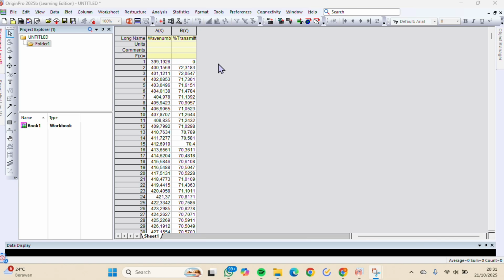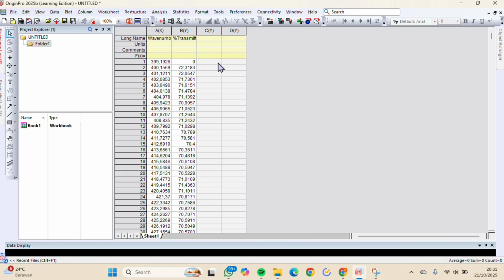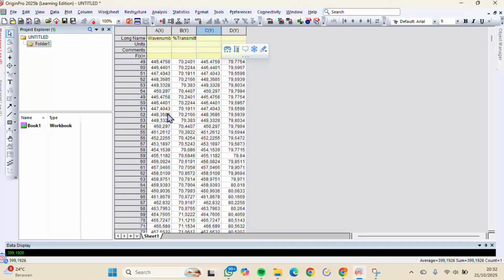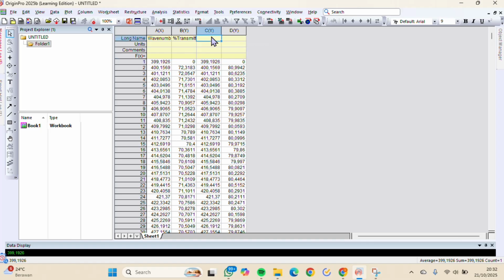Okay, in this Origin we will add columns for the other data. We add two columns and paste. Then we write in column C in the long name.